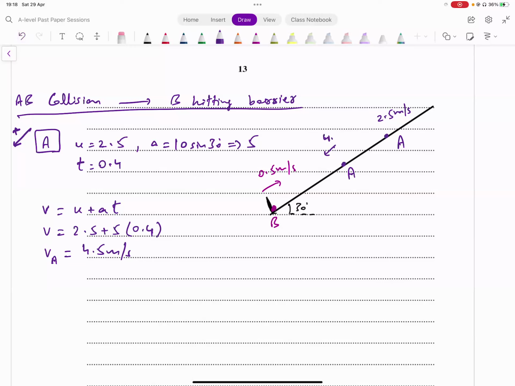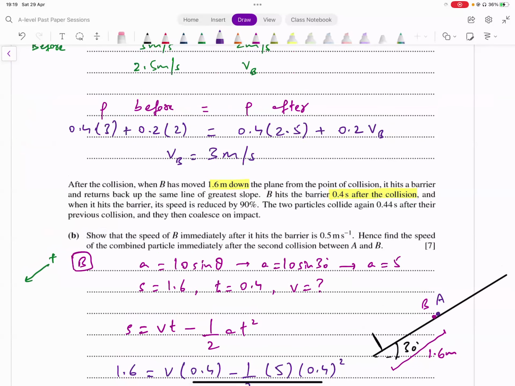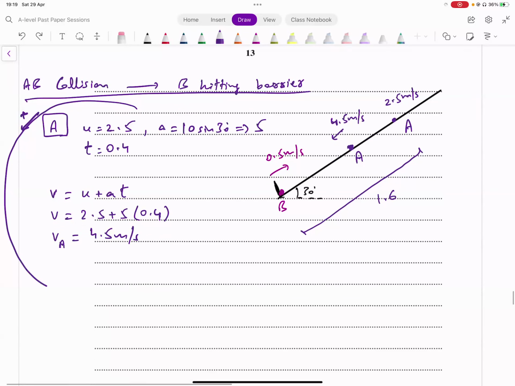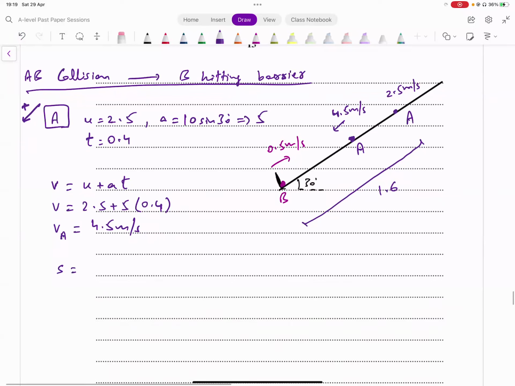ठीक है? जब बी ने बैरियर को हिट किया। तो अब ये सिचुएशन है। अब मसला ये है, हमें पता है कि कोलिजन के पॉइंट से बैरियर तक कितना डिस्टेंस था, दैट वाज 1.6 मीटर्स। टोटल डिस्टेंस ये कितना था, दिस वाज 1.6। लेकिन अब ए नीचे आ चुका है, कितना नीचे आया है ये कैसे फिगर आउट करें, ये भी हम इसी इंफॉर्मेशन को यूज करके फिगर आउट कर लेते हैं। S equals ut plus half at square लगा लें।